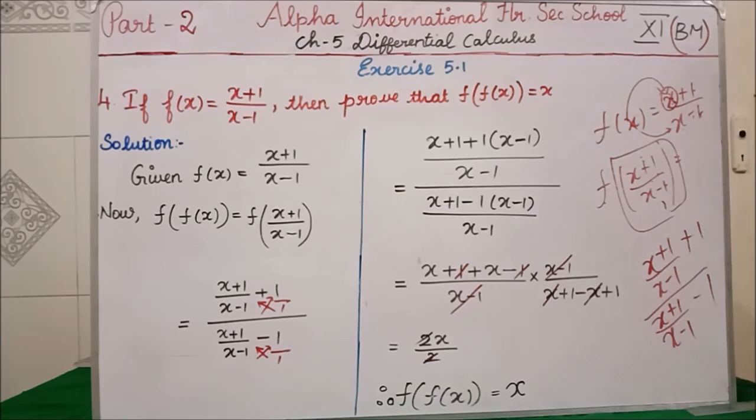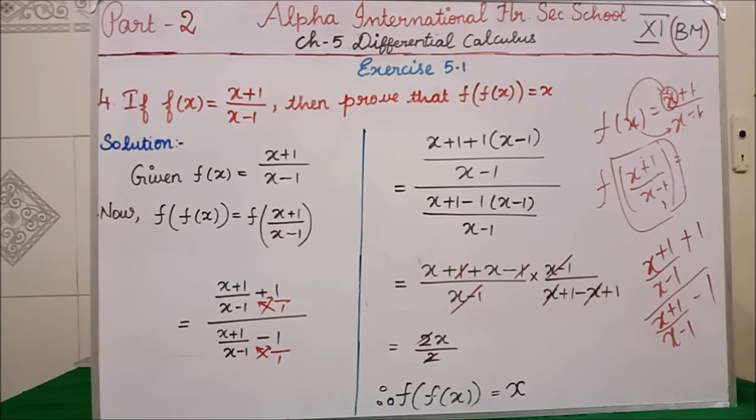Only this step you will feel a little difficult. It is not difficult, only a small trick is there. Here x means here also x should be there. After f, whatever value you are having, that value you have to substitute for your x. Clear? Since I am having x, I am writing here x. Here after f, instead of x I am having x plus 1 divided by x minus 1. So wherever I am having x, I want to substitute this value. Clear students? At last we have proved f of x is equal to x.